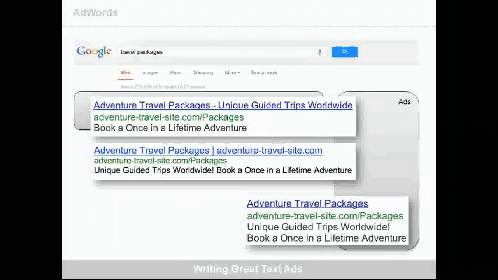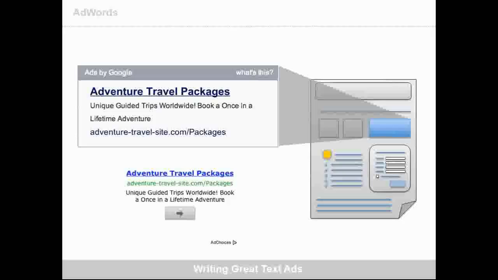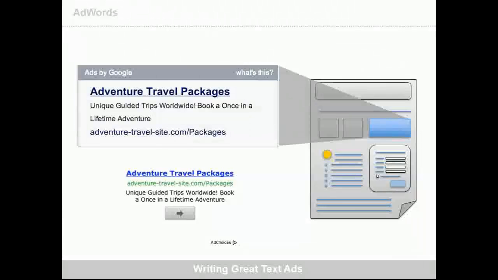Okay. So this is sort of how your text ads show up across Google. Depending on the kind of website it's showing up on, or if it's showing up within the search results page of google.co.in or .com, or if it's showing up on a search network site, or if it's showing up on a display site. These are a few of the ways in which a text ad shows up.